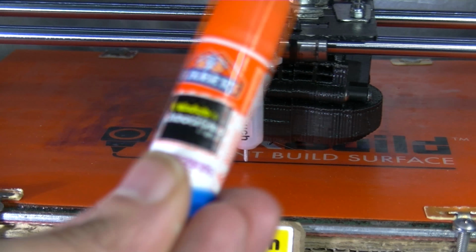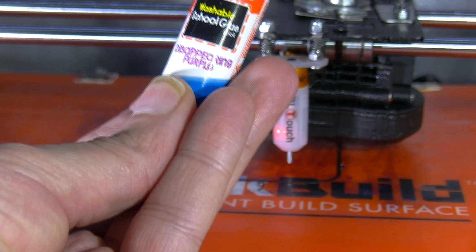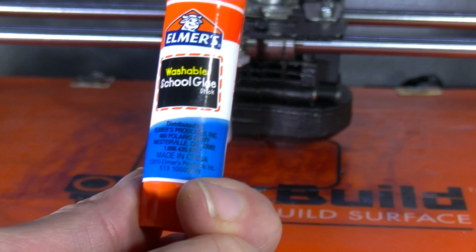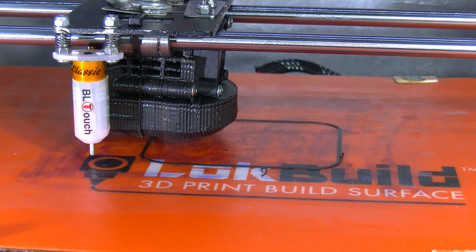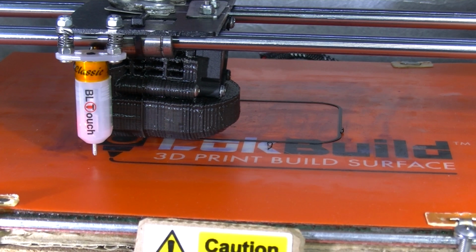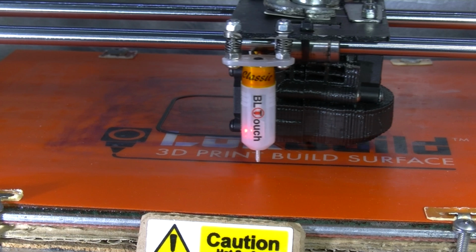mess is on the bed, it's this stuff, purple, disappearing purple glue stick. Elements, very good. This seems to work very well at getting the part adhered to the bed, and it comes off the bed quite well. This is in ABS,